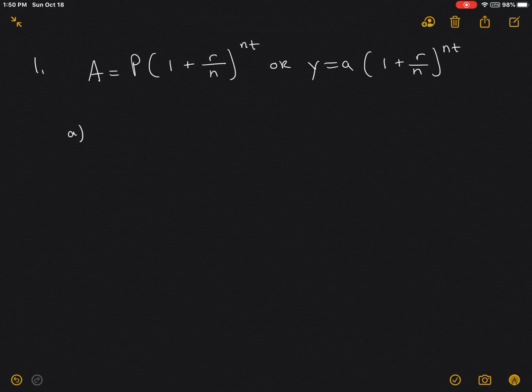So for part A, if it's compounded annually, N is going to equal 1. And in the problem, the initial amount, P, is going to be $5,000. The time is 3 years, and the rate as a decimal is going to be 0.006. And that's pretty much it. You're just plugging this into the equation. So A is equal to 5,000, 1 plus,